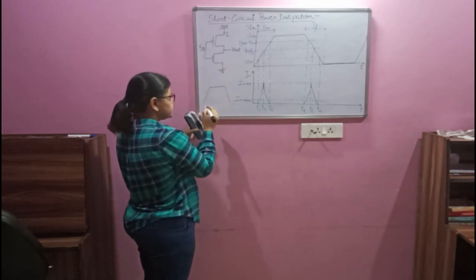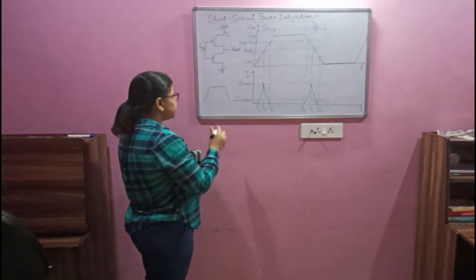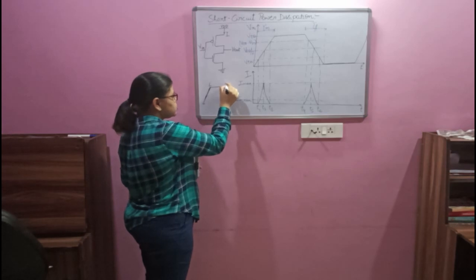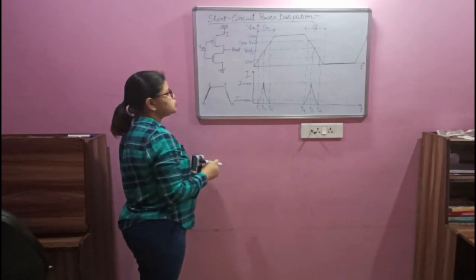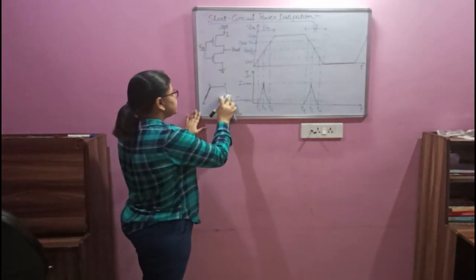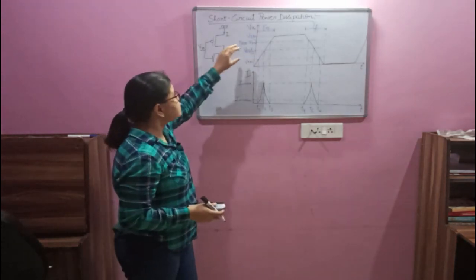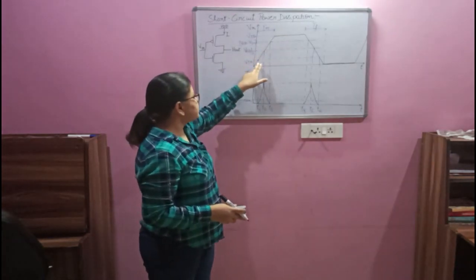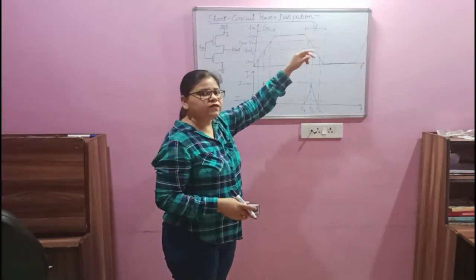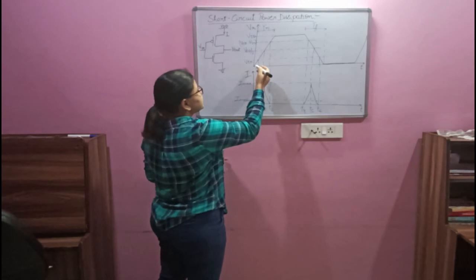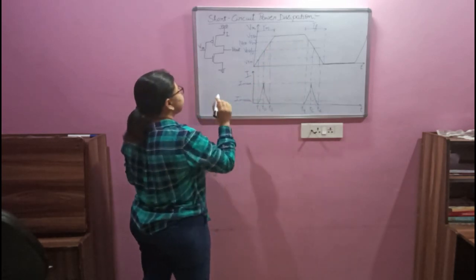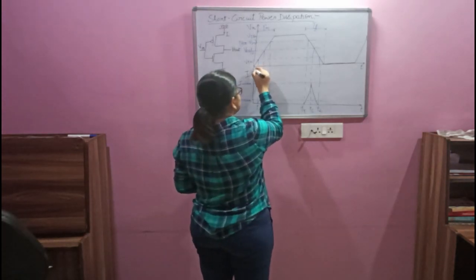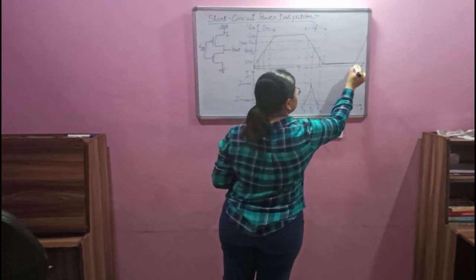So actually the signal looks like this, where it has some finite time to rise from 0 to 1 value, and it also takes some finite time to drop from 1 to 0 value, and that is shown over here in the waveform. Now suppose this is some input signal. I am taking the part where it is rising and acquiring a high value. It means during this time, when the input is rising and acquiring a high value, this PMOS will be on for a certain time, and this complete one cycle I denote by T.